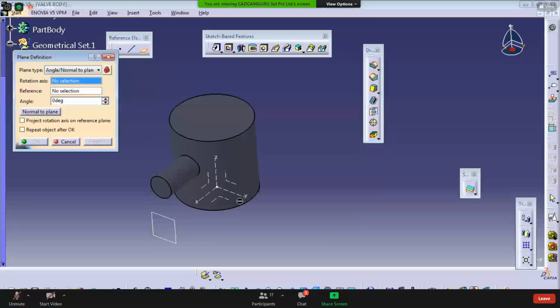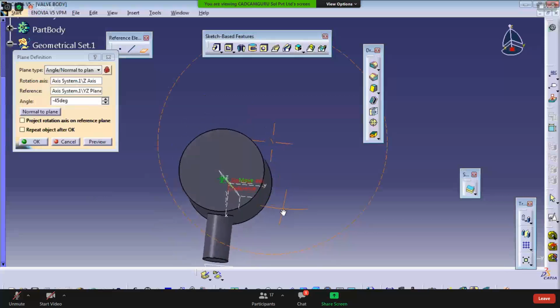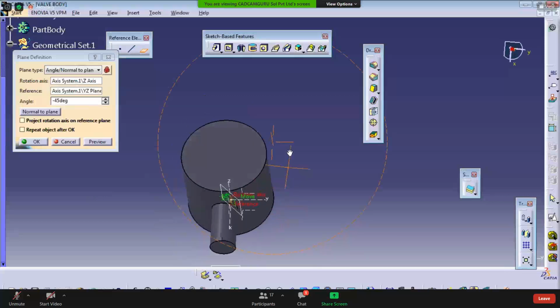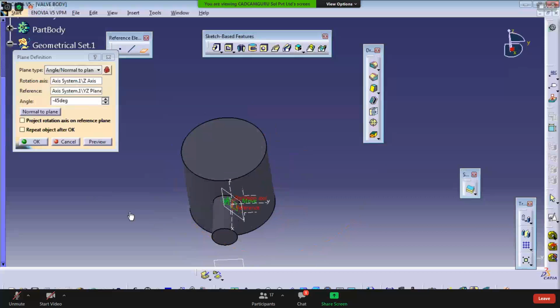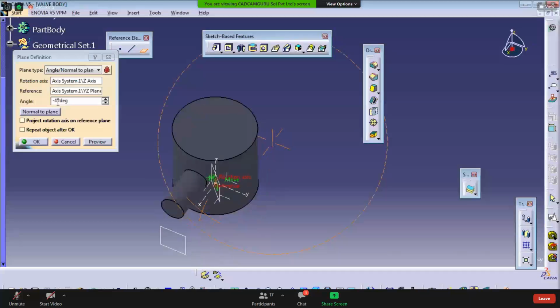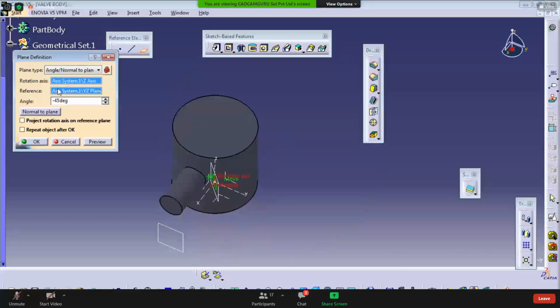So I select the rotation axis Z and the reference plane is the YZ plane, and define here the angle you want. Let's say it is 45-degree, but we need the opposite side. So type the value minus 45-degree. So this angular plane gets created. This is a similar kind of revolve option with a rotation axis and the reference to rotate.